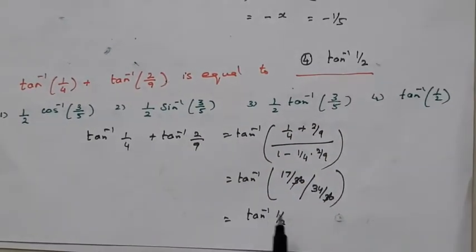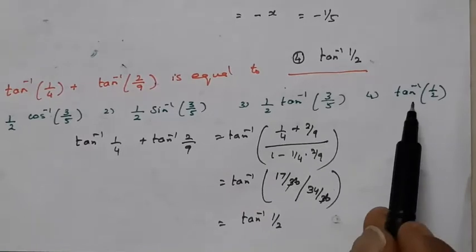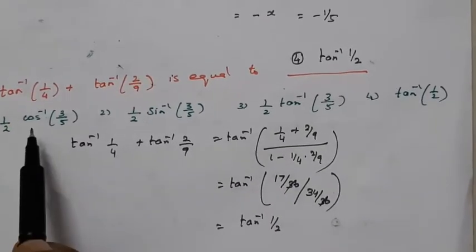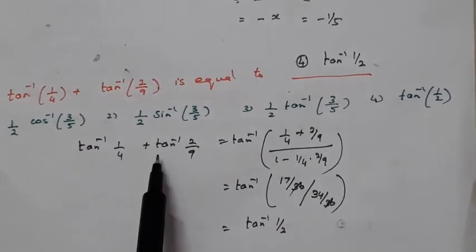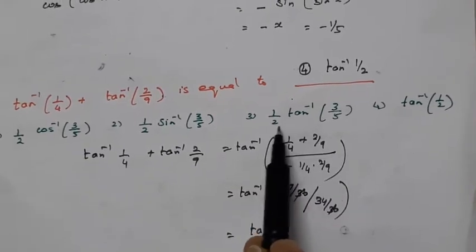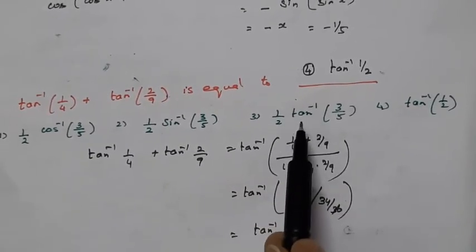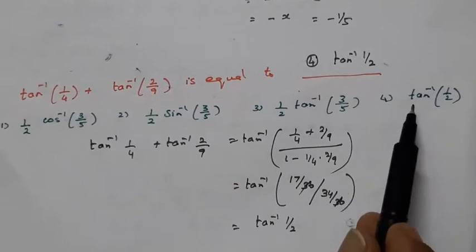So without working it out, you can logically think that it would be equal to tan inverse of 1 by 2, because you won't get cos inverse and sin inverse using this formula, and moreover you should not get any constant multiplied with the tan inverse by applying the formula. So that would be the answer.